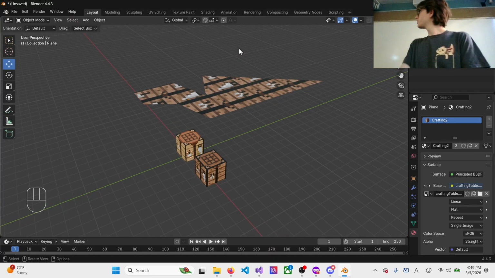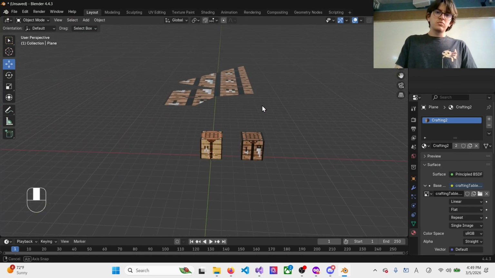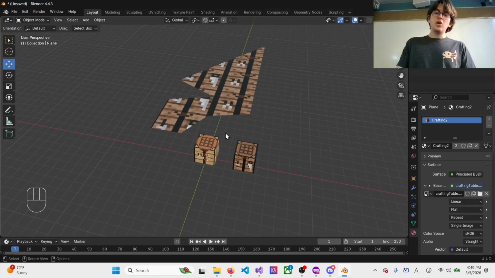Blender can also export STL files, and you can 3D print them. It's pretty cool. Oh, while we're talking about exporting, I should mention,